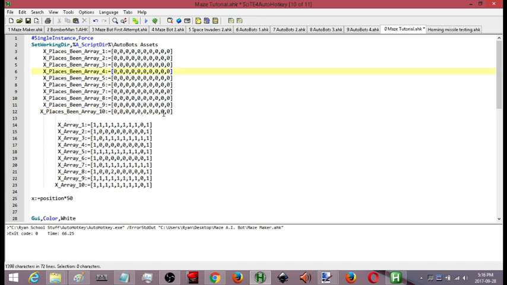So this tracks, it starts off with 0, and each time my character moves to a place, it adds 5 points, or I think I had it add 5 points to that value. So if my character was here, it would be 5, and then let's say it moved up to here, it would be 5, and then let's say it went all the way over to